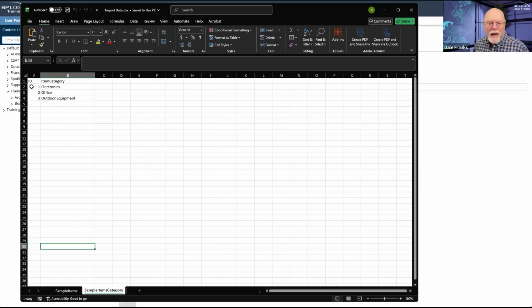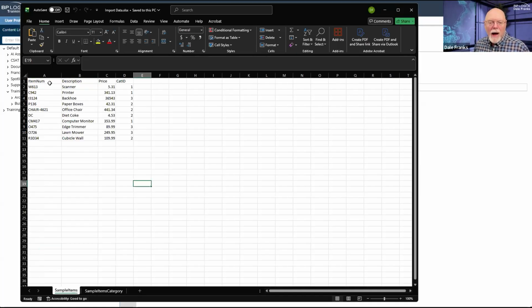The Sample Items Category has a category ID, and each of the sample items has its own ID, but also a column that links them to the category ID. So every item on the Sample Items worksheet is essentially linked via the cat ID column to the category ID on the other spreadsheet.